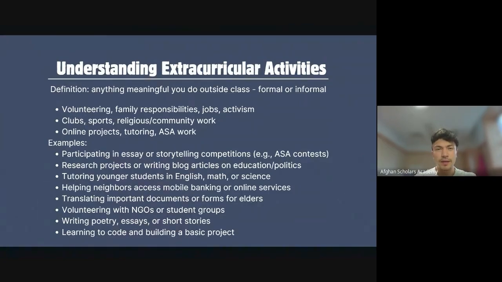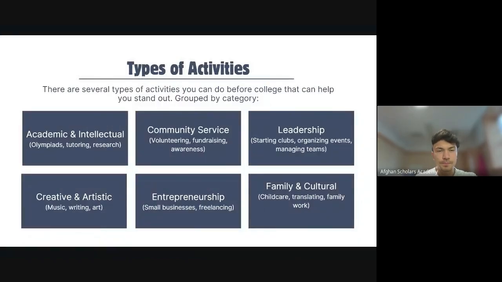So these are all activities that can help you stand out, that can help you get an idea of what to do and what you're interested in. There are several types of activities you can do while you're in high school that can really help you stand out. Here we group them as academic and intellectual. It can be Olympiads, tutoring, and research. These are academics. And Olympiad, I don't think we have Olympiads back home, but in 2021 there was one,